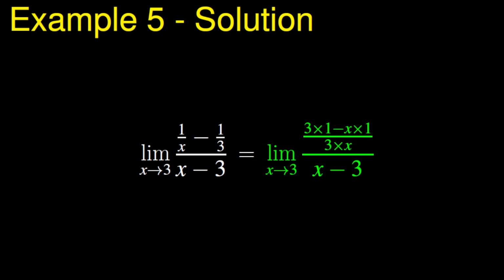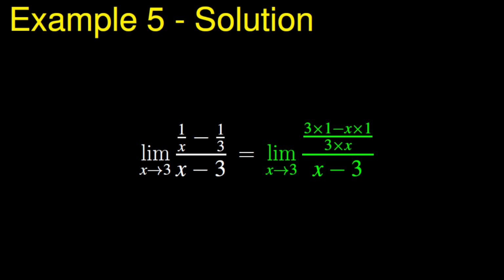Given that on the numerator, we have the difference of two fractions, we have to reduce them to the same denominator. So the numerator of the main fraction will be 3 times 1 minus x times 1 and its denominator is 3 times x. In fact, we are applying the basic principle for adding and subtracting fractions, which consists in